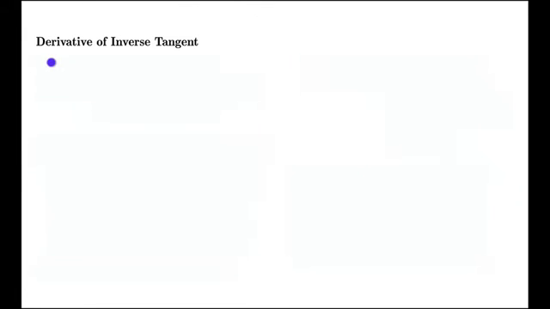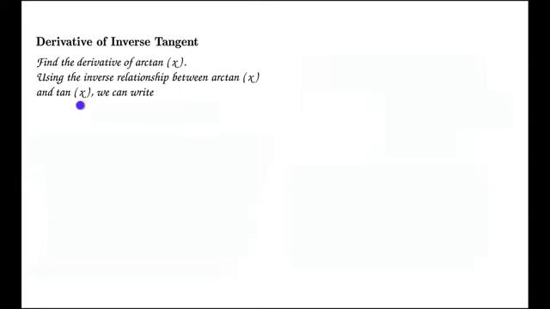We will start looking at derivatives of inverse trig functions by first looking at the derivative of the inverse tangent function. So here we're going to find the derivative of the arctan of x. Now we're going to use this idea that the arctangent of x and the tangent of x are inverse functions. So using that inverse relationship between them, we can write that the tangent of the arctangent of x is equal